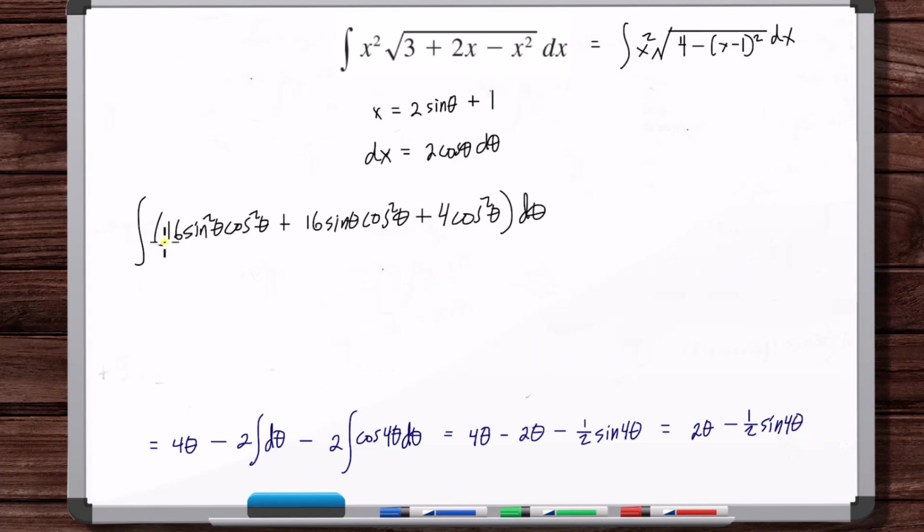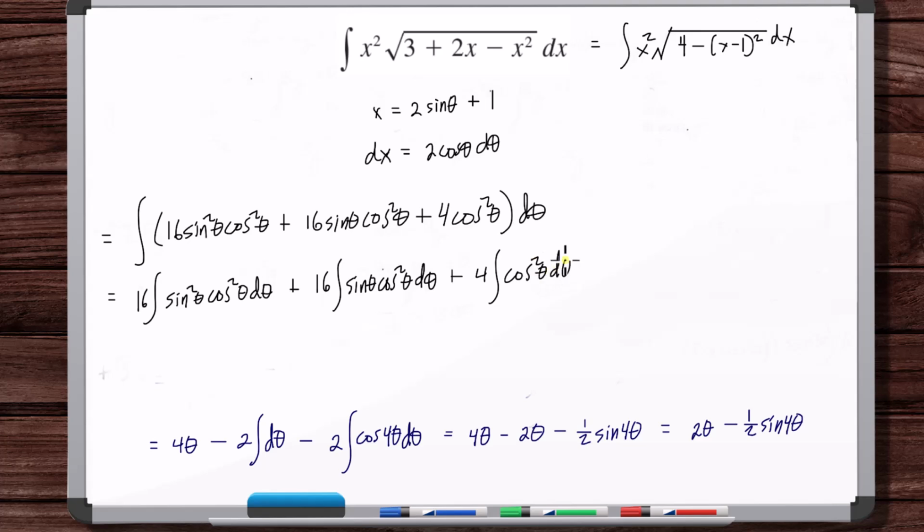Okay, so let's write this out into separate integrals here. So sine squared theta cosine. Okay, so this is equal to, we have 2 theta minus 1/2 sine 4 theta. Okay, now